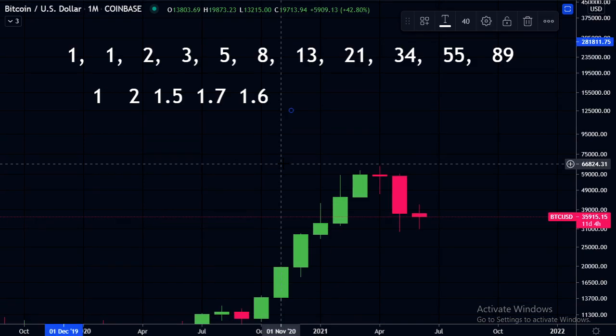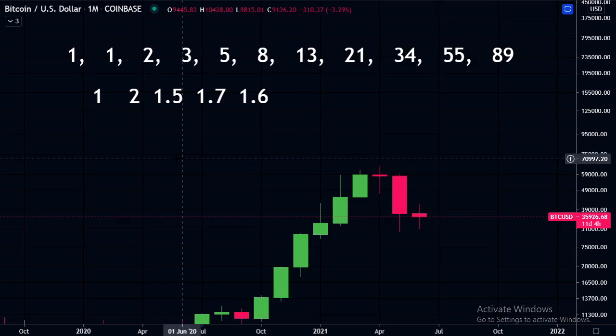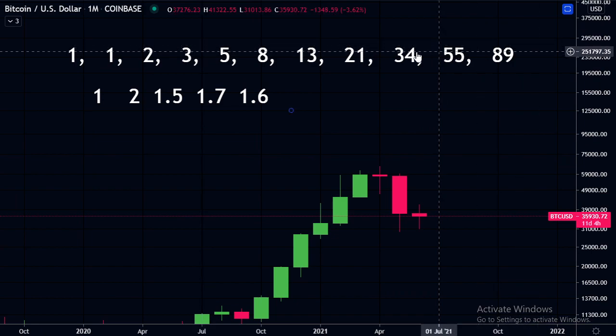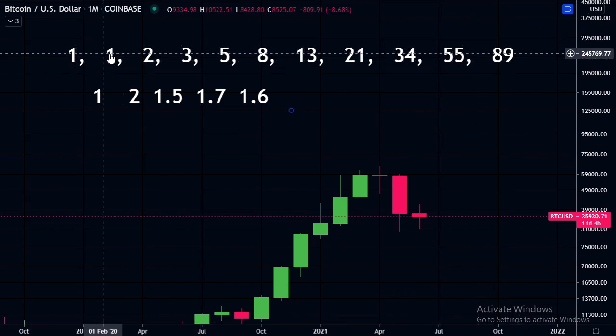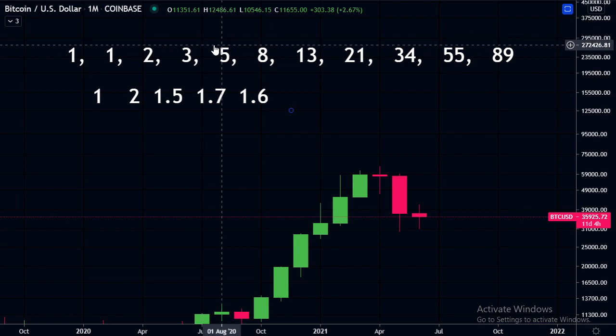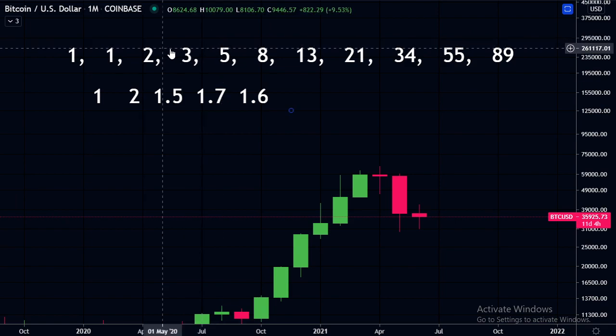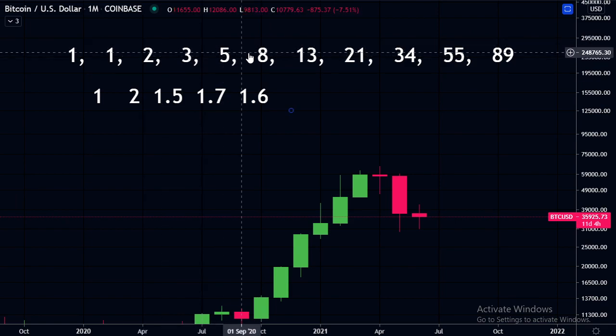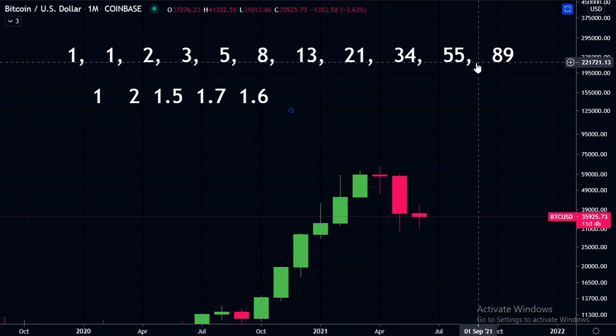To just explain the golden ratio briefly here, just looking at this top line of numbers, basically starting with the number 1 and followed by another 1, and then just adding these two together to get the next number gives us 2. And then we add these two numbers 1 and 2 together to get 3. So the next number in the sequence is always adding the previous 2. You can see we get 5, then 8, then 13, which is 8 plus 5, 21, 34,